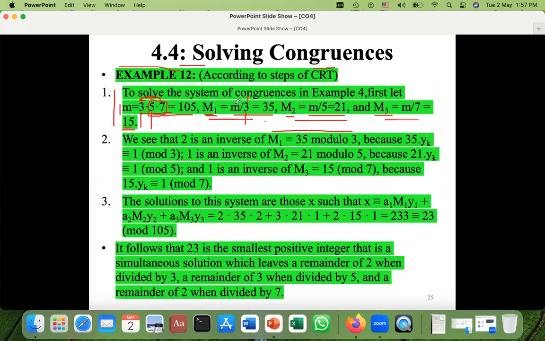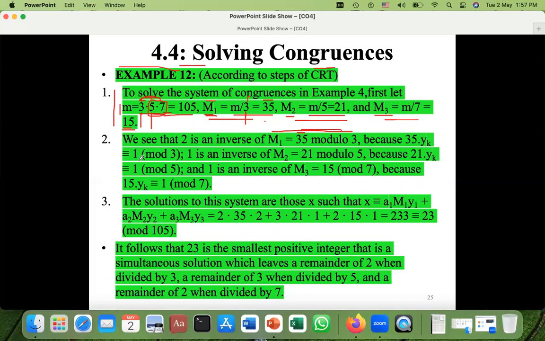You calculated capital M1, the value 35, which is mentioned here. So capital Mk modulo small mk for M1 is 35 modulo 3. So you are writing these things from previous information, nothing new. And if you have this one, you can write it into this form: